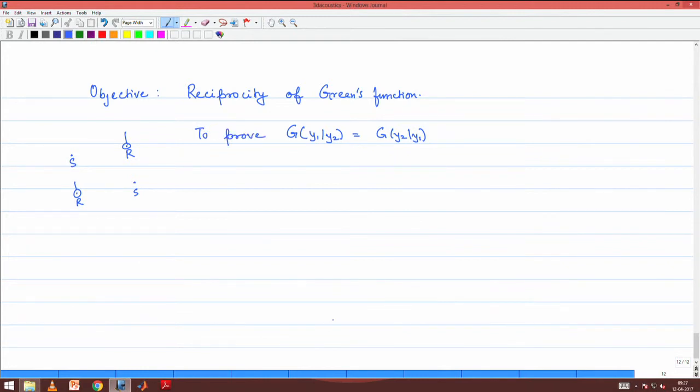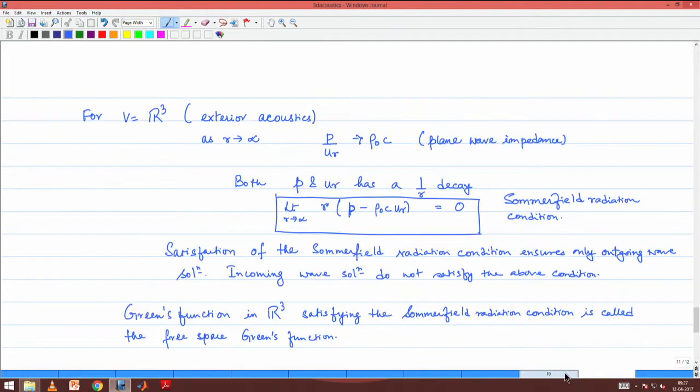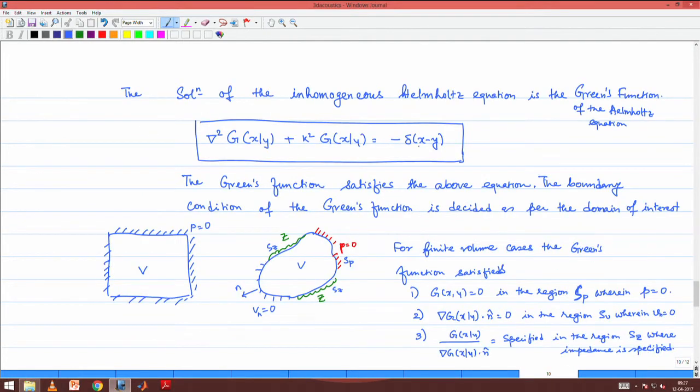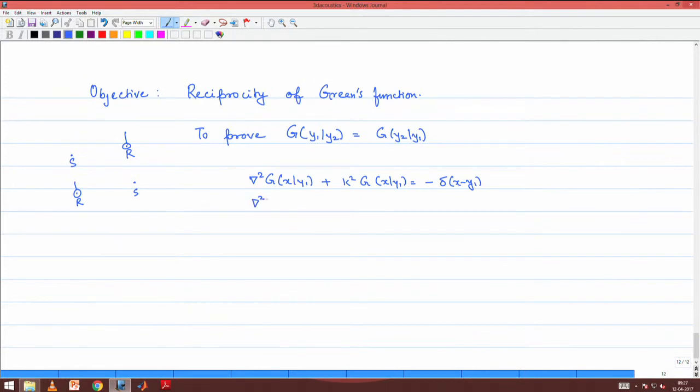Okay. We will recall that the Green's function has this property, that is del square g(x, y1) plus k square g(x, y1) is minus delta(x minus y1). This is exactly what we had for the Green's function rule. Here we have just replaced y with y1. Similarly, we also have g(x, y2) satisfying the same equation,